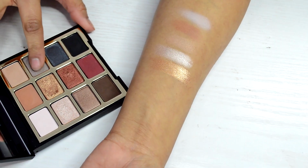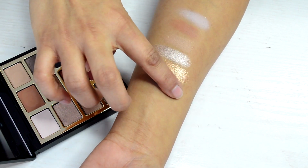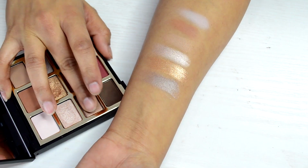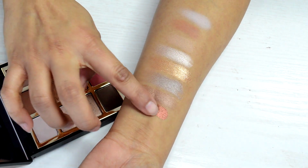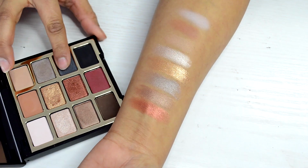The next one I'm swatching is Slate All Day. This is a cool tone color, a grayish taupe color. It is a satin color as well. Next one is Suede Side to Side. The next one is Blazing Hot. This is also a beautiful color on this palette. The next one I have